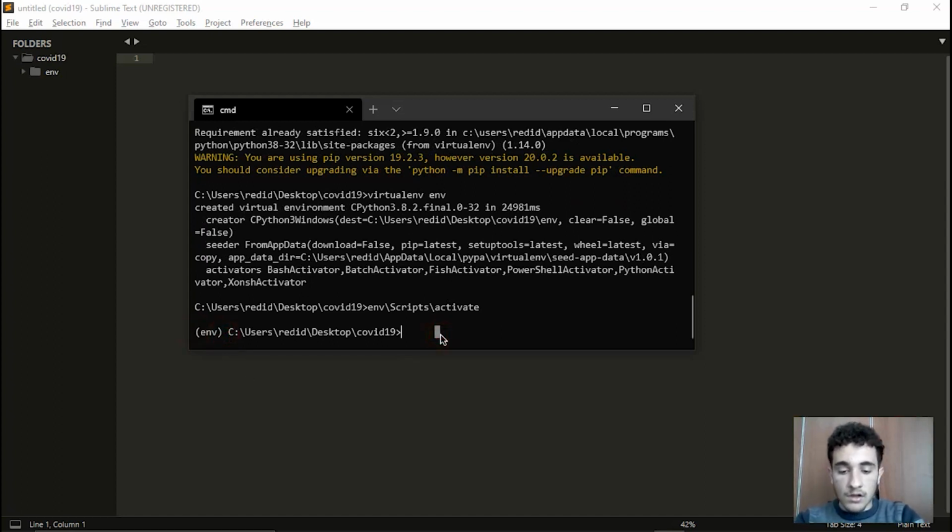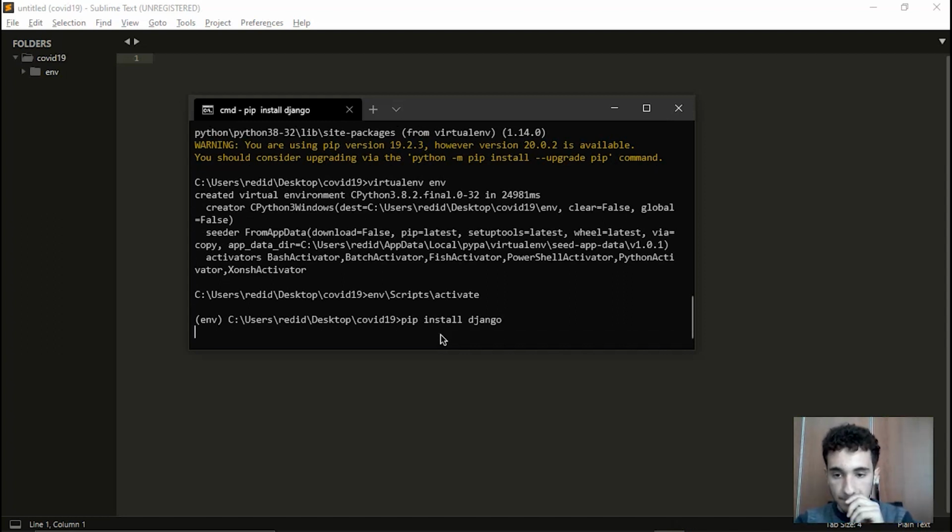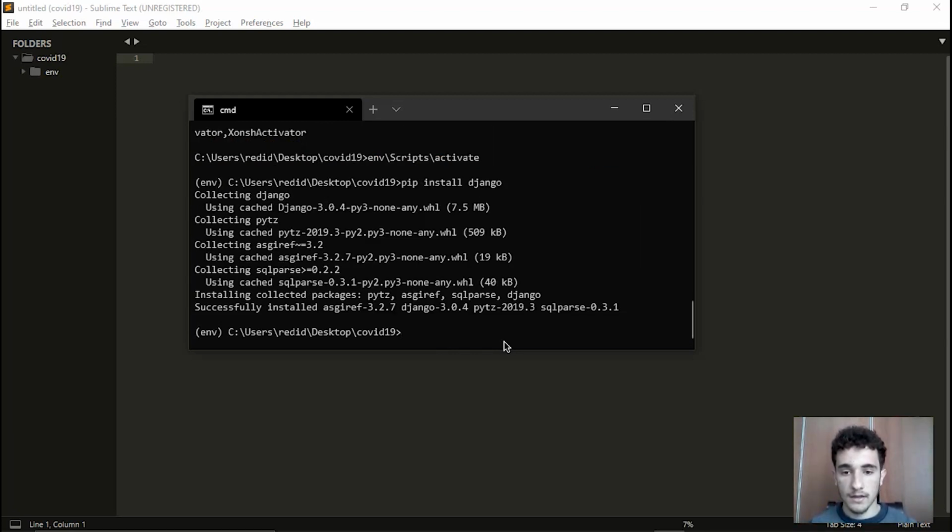Now we need to install Django. To install Django, just type pip install Django. Now wait for Django to be installed. Okay, our Django is installed and we have the latest version, 3.0.4, and now we need to